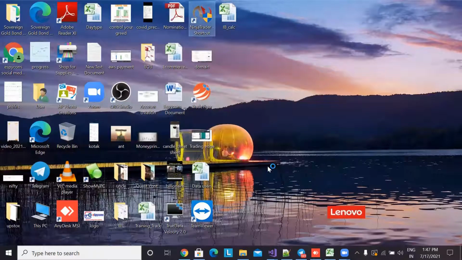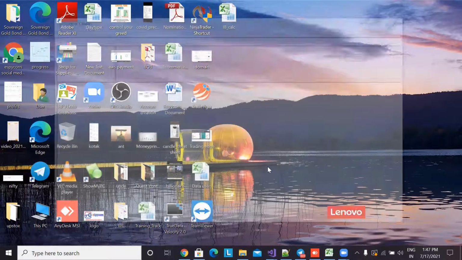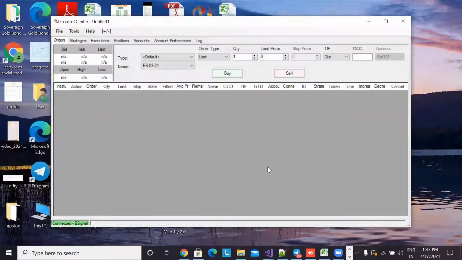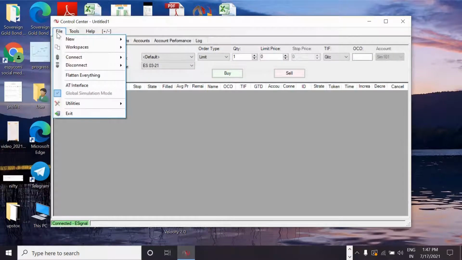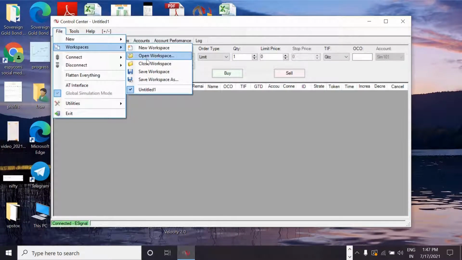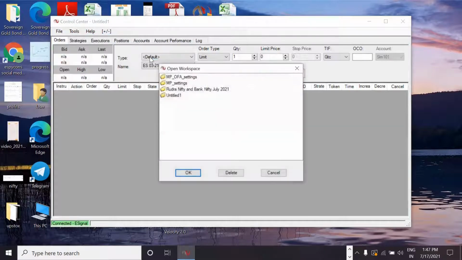The moment it opens up, it loads all the data that we had opened previously as well. So you just need to wait for all the data to load. If in 10 seconds it doesn't open up, you have to go to File, Workspace, and Open Workspace.